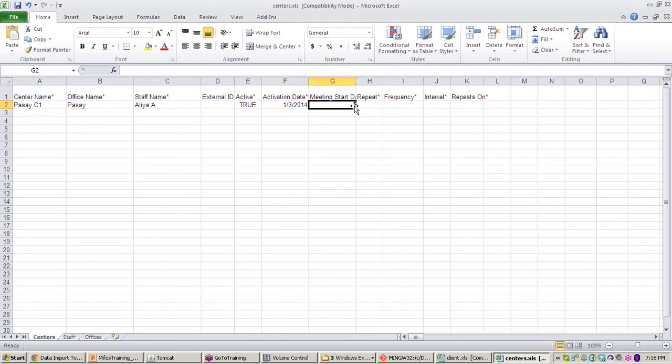Next, give the meeting date, let's say 1/4/2014. One more thing to remember: whenever you create a center, the activation date is compulsory, and also the meeting start date.